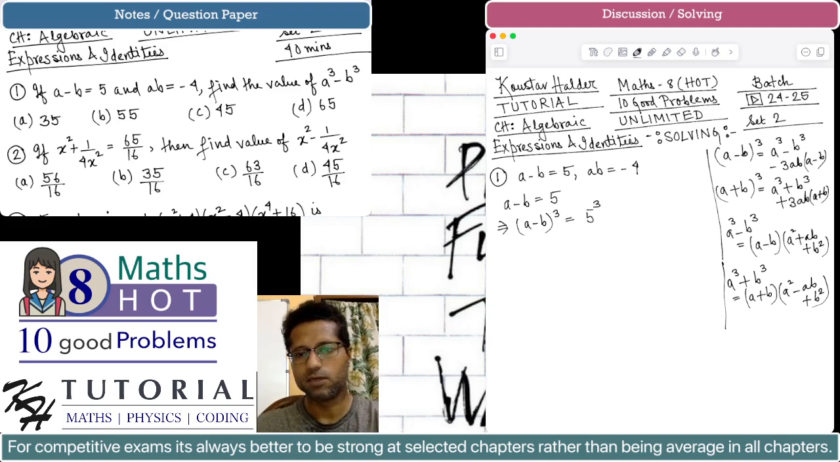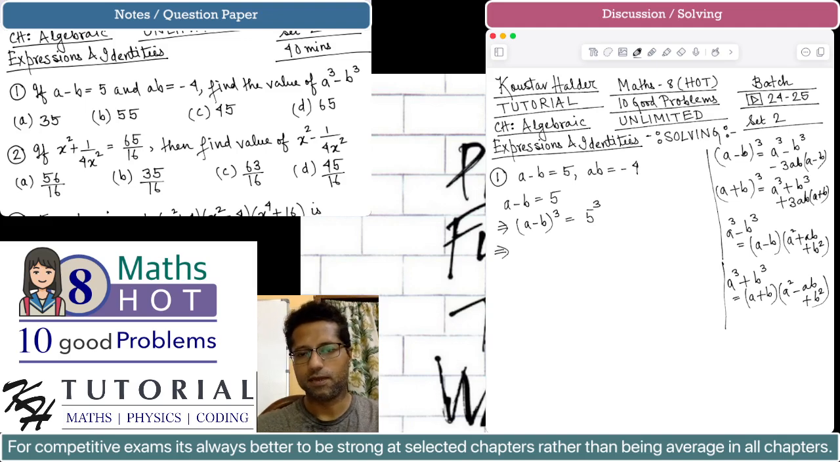Now why am I taking the cube? Because I have to find the value of a cube minus b cube, so I need the power of 3. From a minus b, the only way I can get the power of 3 is by taking the cube of a minus b. And since I know the identity or the formula of a minus b whole cube,